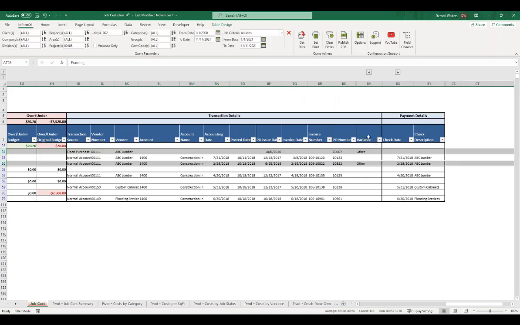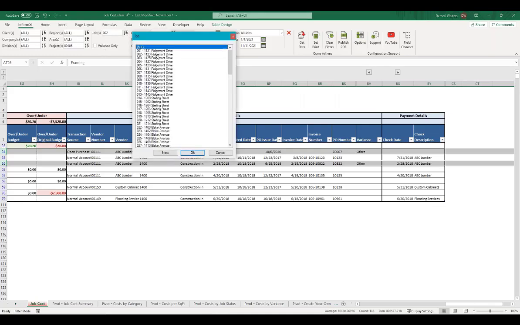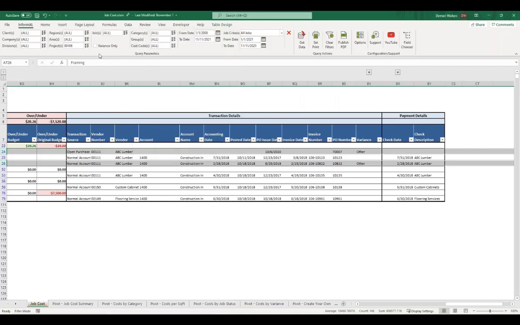The great thing about variances is once we had a few customers starting to really rely on this, we got a request for a way to make it easy for them to run a variance-only report. So that brings us to this variance-only checkbox. If we wanted to look at how this project is doing, how we're doing for our variances across the board, let's look at every single lot and look at only our variances. We can clear out that job filter, bring in variances only,